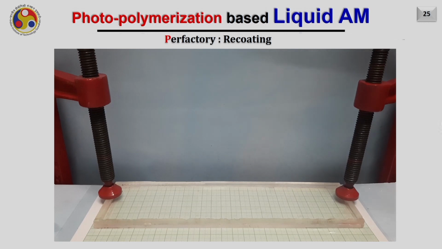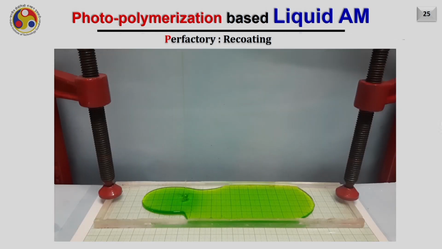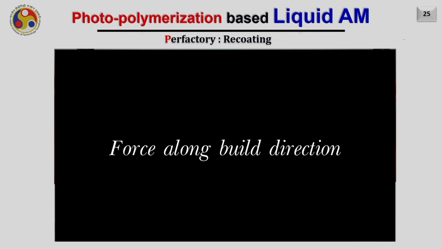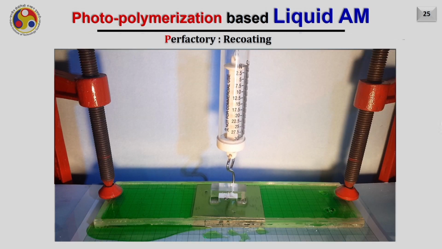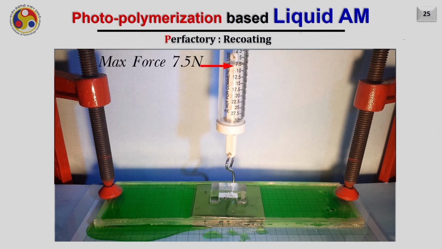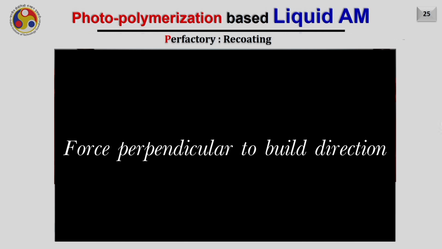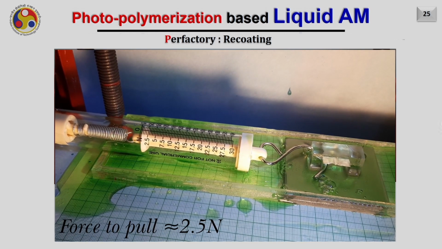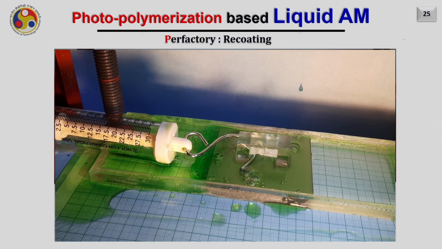Now let us try to see through a small experiment. A thin layer of wet photopolymer on which a build surface, which is a simple plate, is placed, and now we are trying to lift it. You can observe the required force is about 7.5 Newton. Now let us try to slide the same plate over the thin layer of photopolymer, and now the force is very less and it is coming to be around 2.5 Newton only. Therefore, we can easily say that the method of sliding requires very less force and is very much safer in the wet photopolymer based printer, where the top down approach is used to build the object.